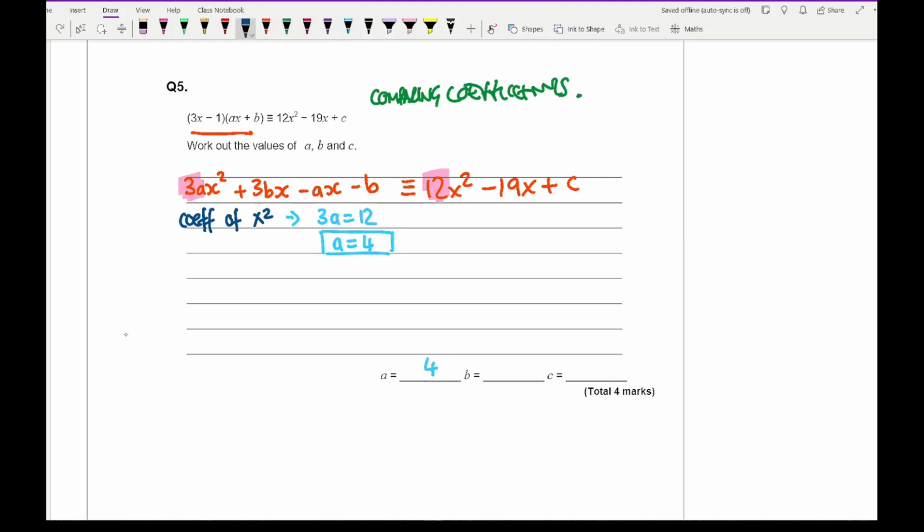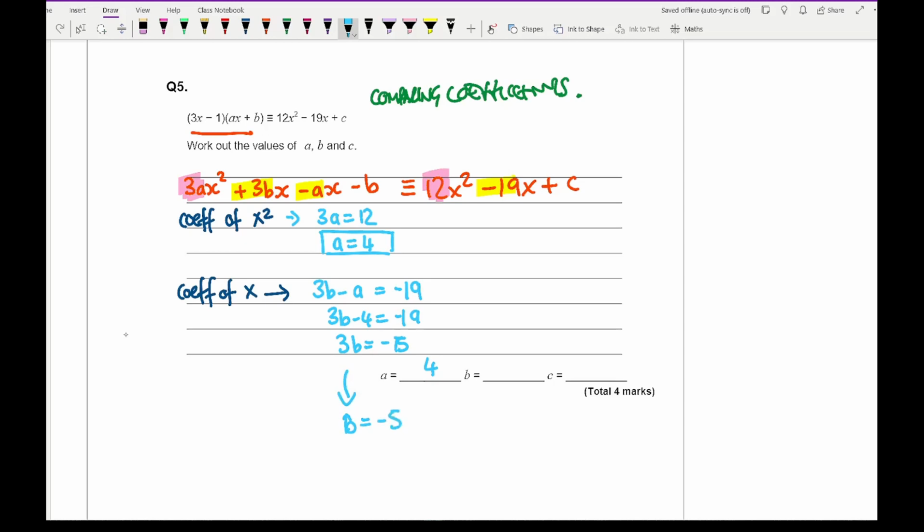Then comparing the coefficients of x, then what I've got is 3b minus a on the left hand side. And how many x's have I got on the right hand side? Well, I've got minus 19. So then I already know the value of a, so 3b minus 4 equals minus 19. So 3b equals minus 15. So then b equals